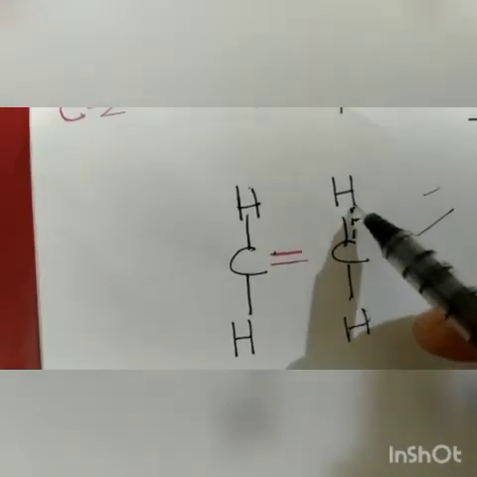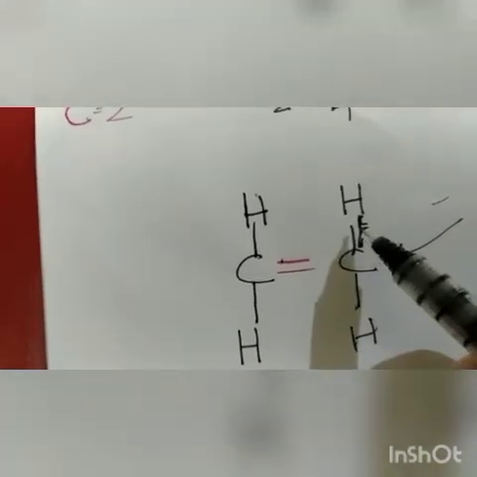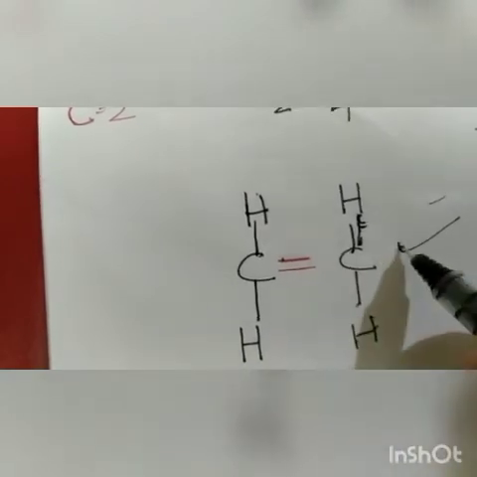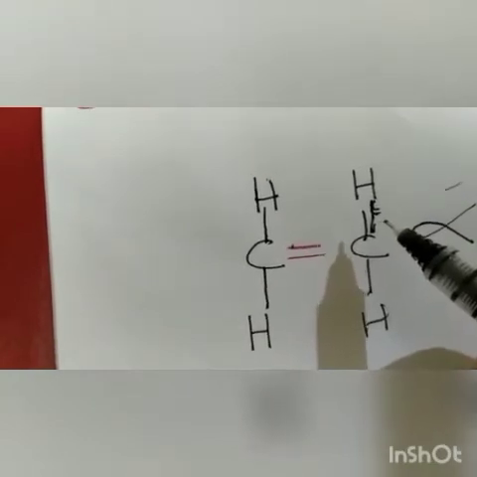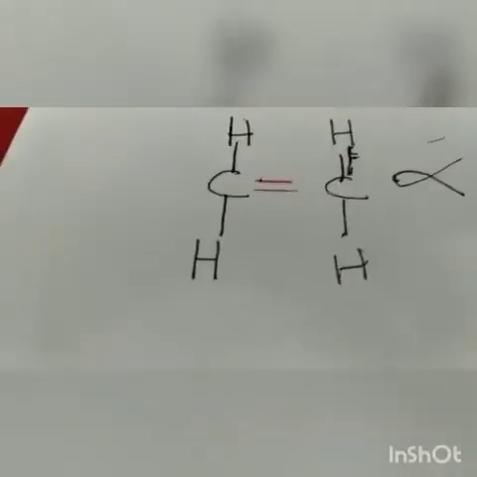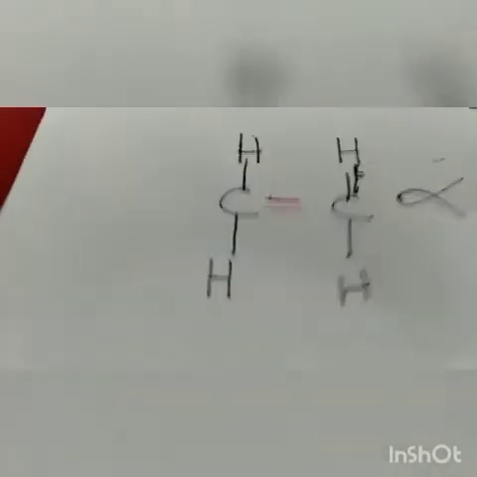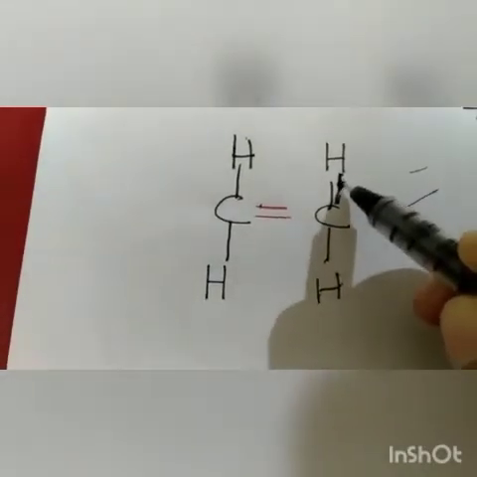Suppose I draw one more line here. What does it mean? It means 2 electrons of this one, 2, 4, 5. So then this structure will be wrong. Why? Because the valence electrons are only 4. Understood? Now there is another method to write it in a shorter form. So students, please don't consider this line.